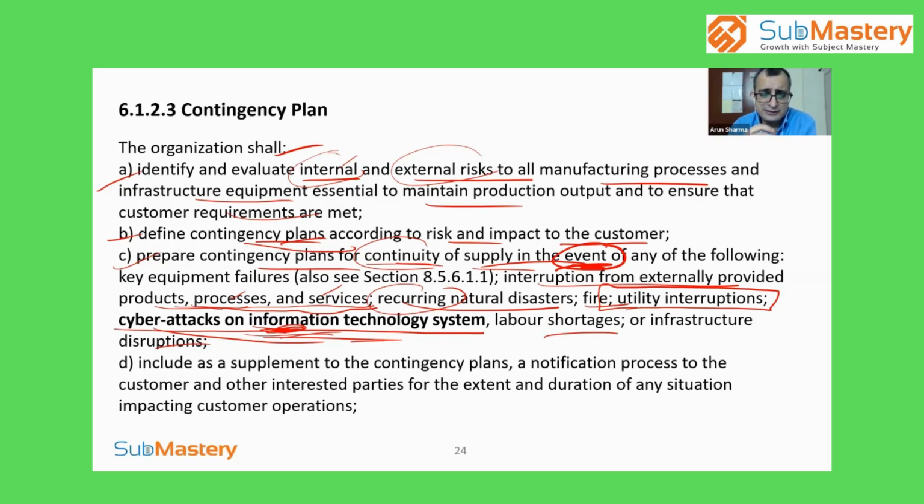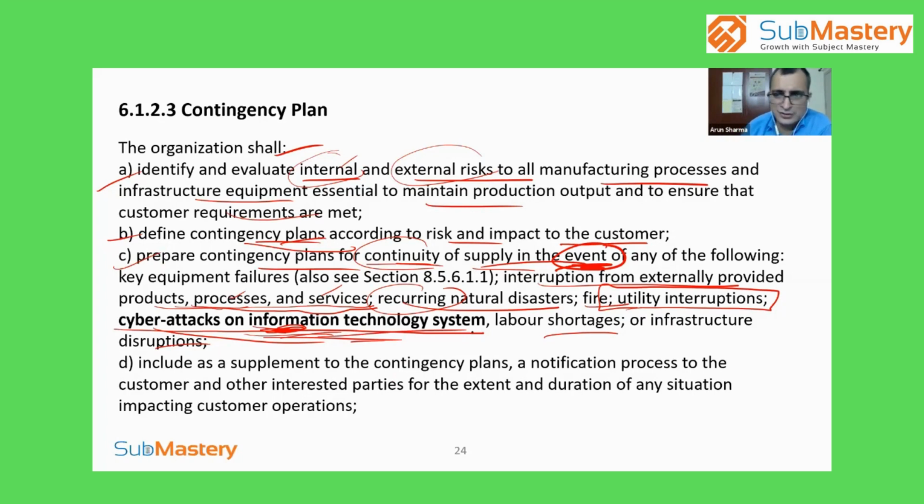So the point is that not only do you need to write the ways through which you can avoid the cyber attack, but also make sure that whatever your contingency is, the cyber attack does not impact you. It could be virus updates. It could be storing data in an external drive, multiple clouds, and that's what I do. Now I have two clouds, and on one I also take the backup. So there are multiple ways after hard learning. So yes, that's the reason the IATF has also included the cyber attack.